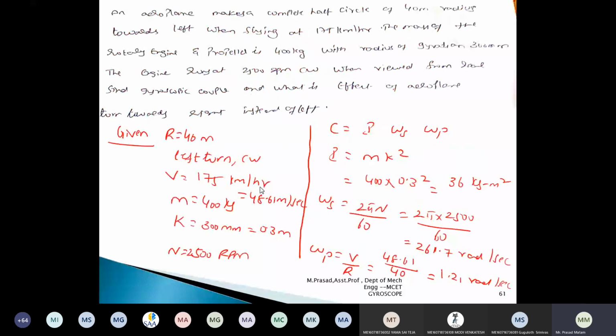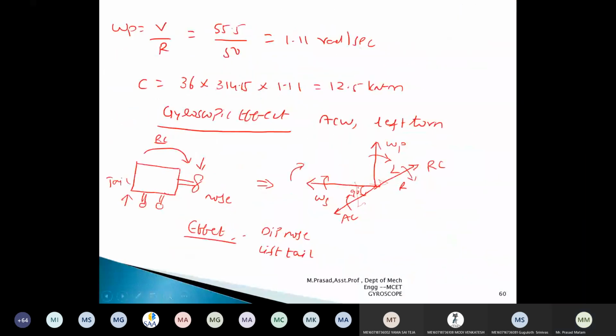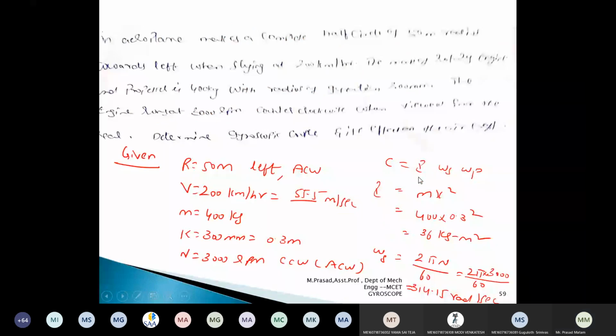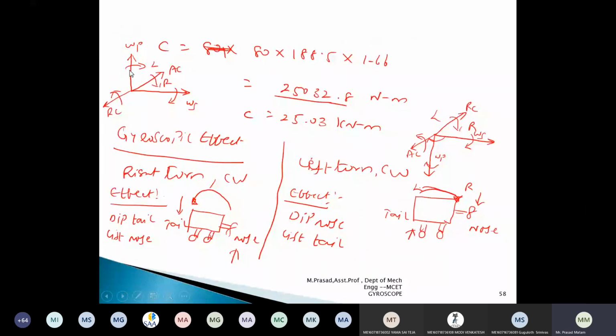You have to solve what I have done here. You can see how I have solved here. You can solve like this, and you have to write the answer. How I have solved these vector representations, how the active couple is moving from left hand to right hand. Just try a simple aeroplane and show how the arrow mark is pointing like this.